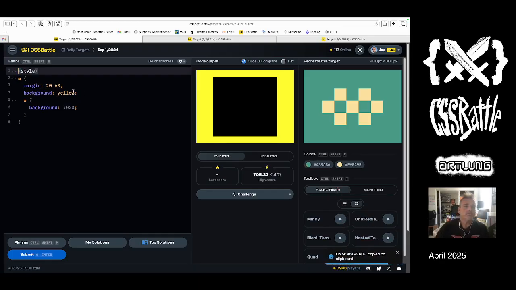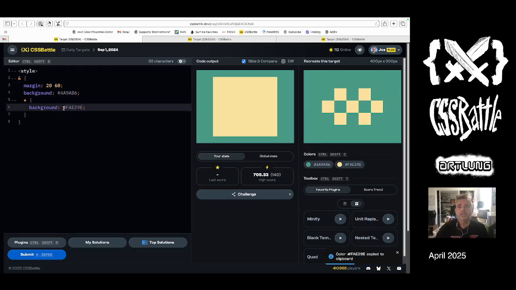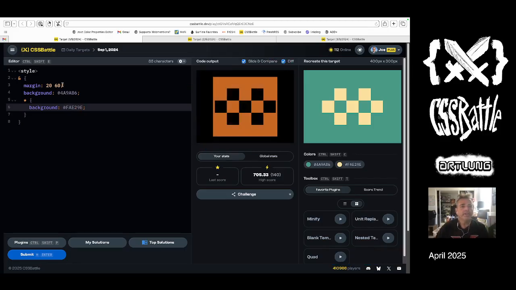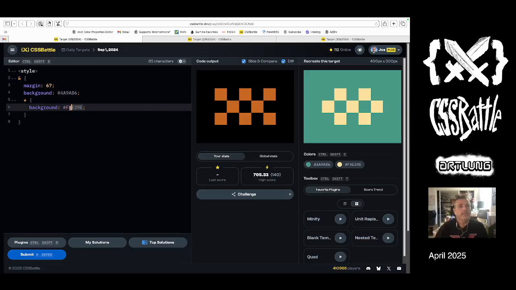So we start by setting green as the background on the HTML element, and we're going to use margins. And then we'll set a color, the predominant color in the figure that we've got here. Use margins, 60, 65, 7, and use margins to narrow that in. And we could just use 67, terrific. And then this is